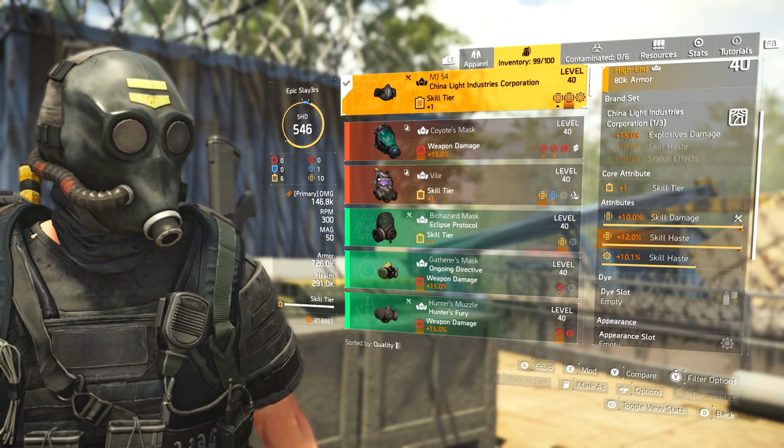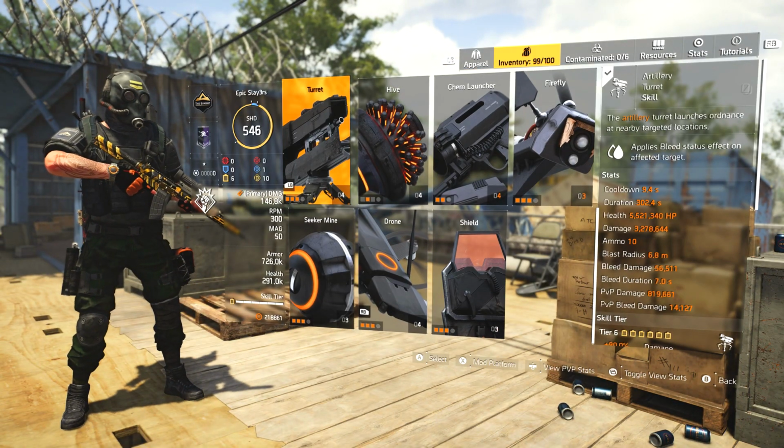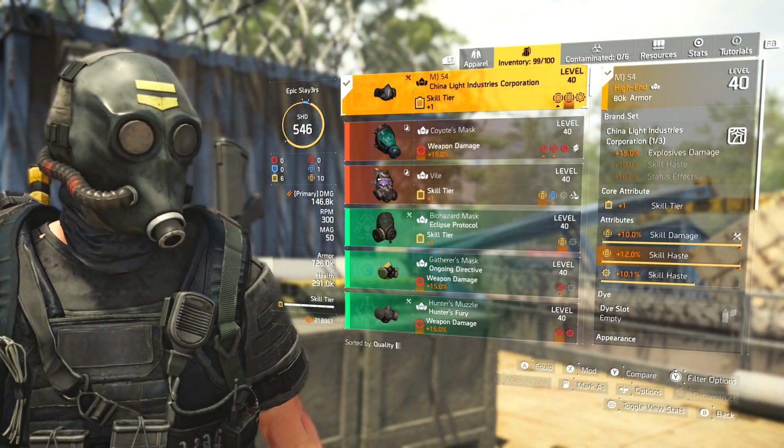You can see on here, I've rolled 10.1% skill haste. It's always nice to get skill haste as much as possible. My cooldown is 9.4 seconds. It's always nice to get those cooldowns as quickly as possible, because you will find that with this build